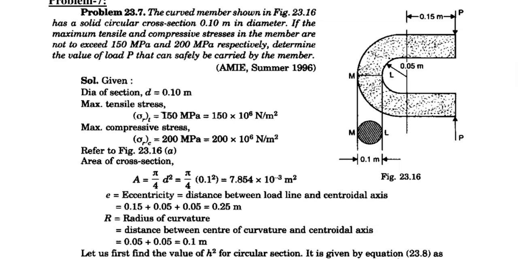First step. Second step: it is a circular cross section, so go for the d square value. Second step, calculate the d square value. Then you come back to the stress values, compressive stress and tensile stresses. Then the full problem is over.